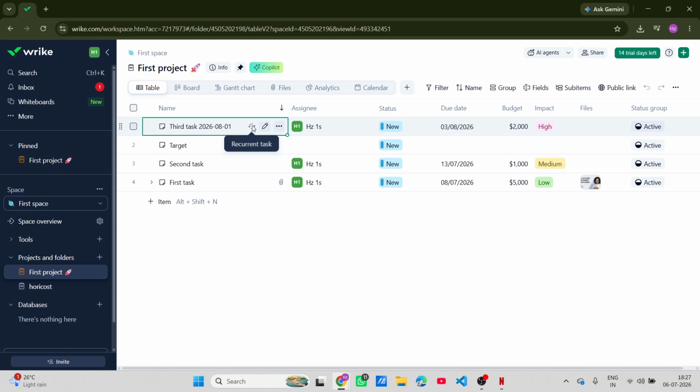That's all for today. I hope this tutorial on setting up recurring tasks in Wrike has empowered you to organize your work better. Now, go ahead and implement what you've learned and make those recurring tasks